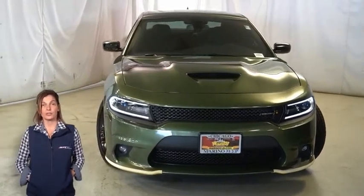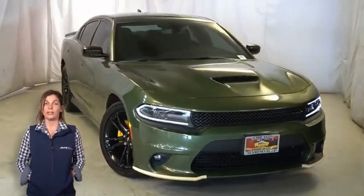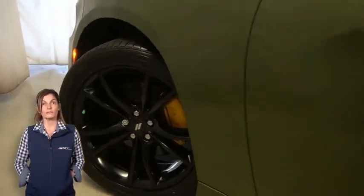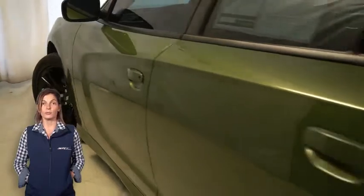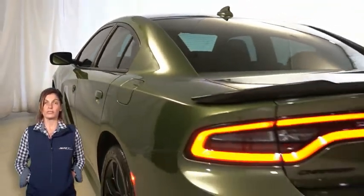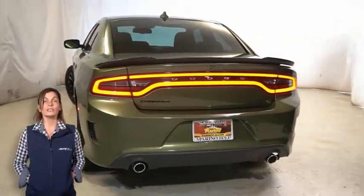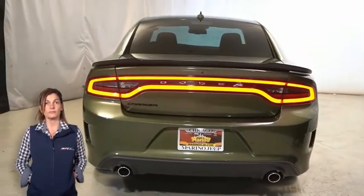With blacktop appearance group, projector LED fog lamps, 20-inch granite crystal aluminum wheels, rear body color spoiler, performance suspension, heated front seats, steering wheel mounted audio controls, 17,000 miles on the odometer,